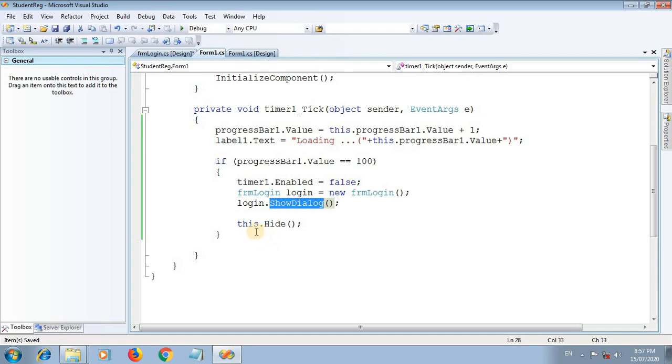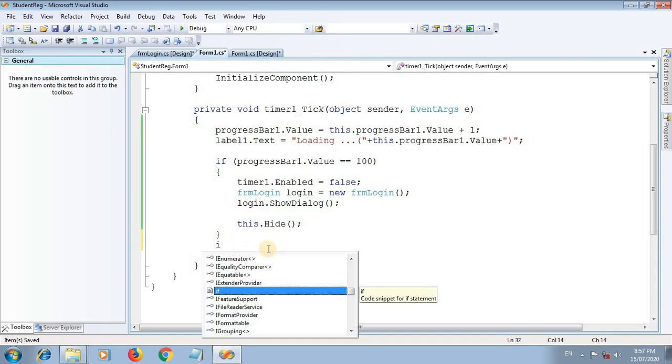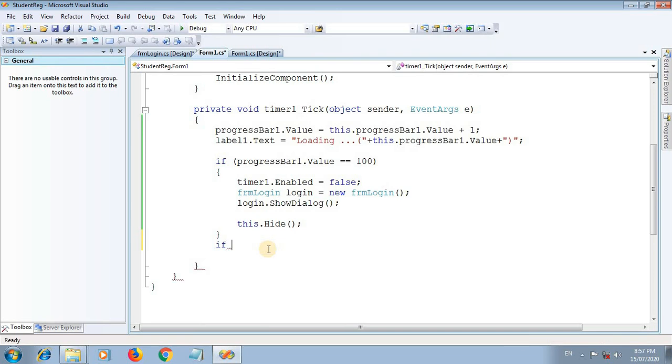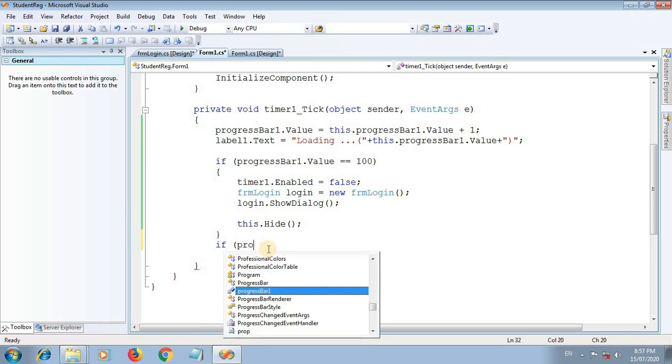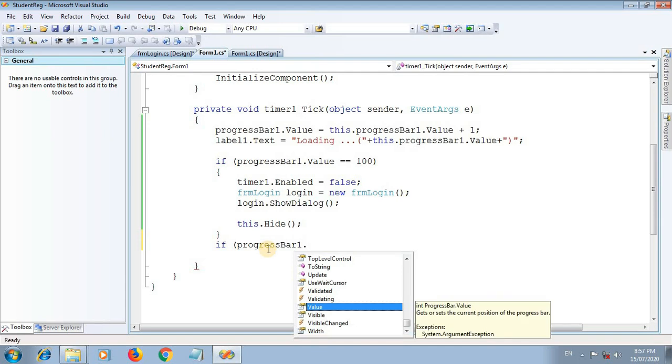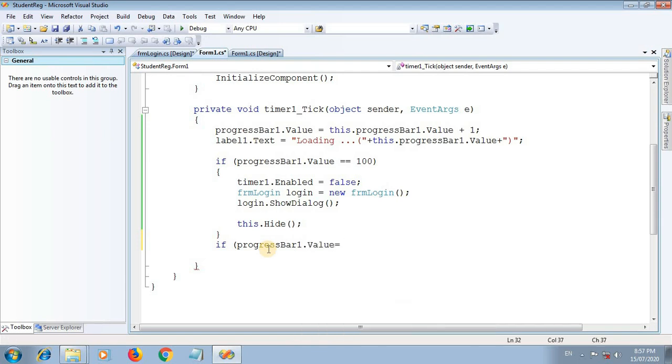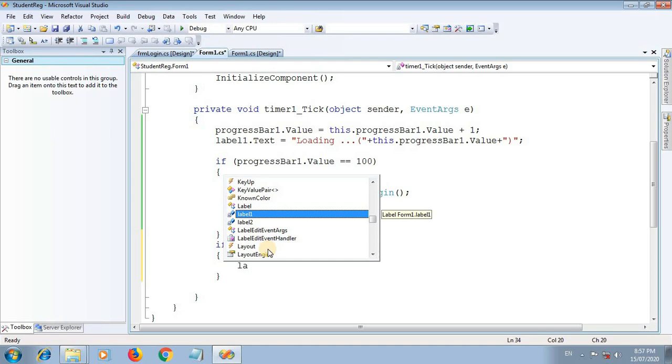So check the next condition: if progress bar 1 dot value becomes 5. Progress bar 1 dot value becomes 5. Then provide some information to the user in label 2.